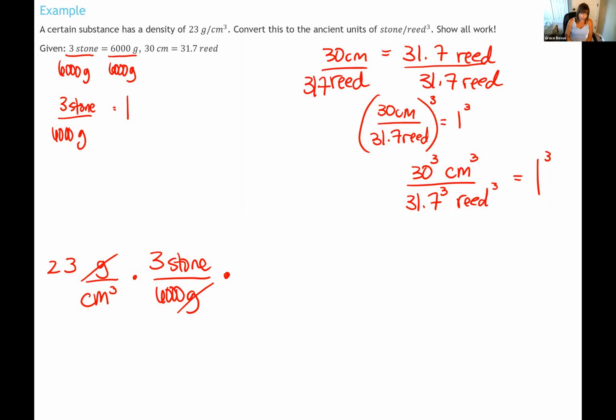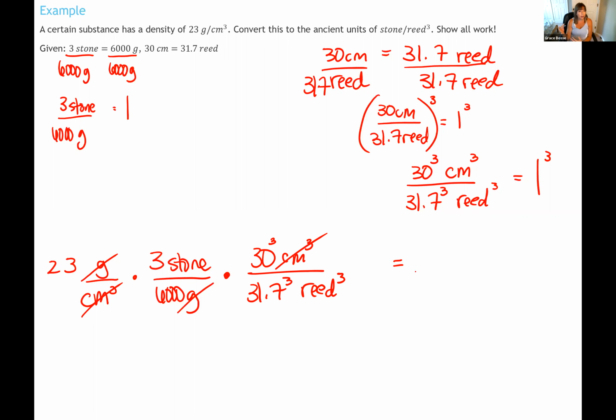And now I need to get rid of centimeters cubed. I see those in a denominator, so I need a fraction that has centimeters cubed in the numerator. Again, I set up my fraction correctly, but if I hadn't, I can flip that fraction over and it still is equal to the number 1. So 30 cubed centimeters cubed divided by 31.7 cubed reeds cubed. Centimeters cubed cancels with centimeters cubed. I am now in the units that I wanted to get into,